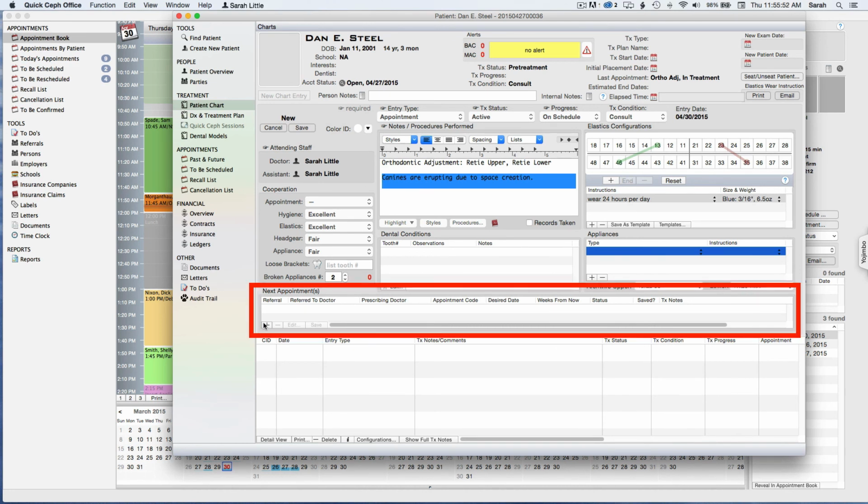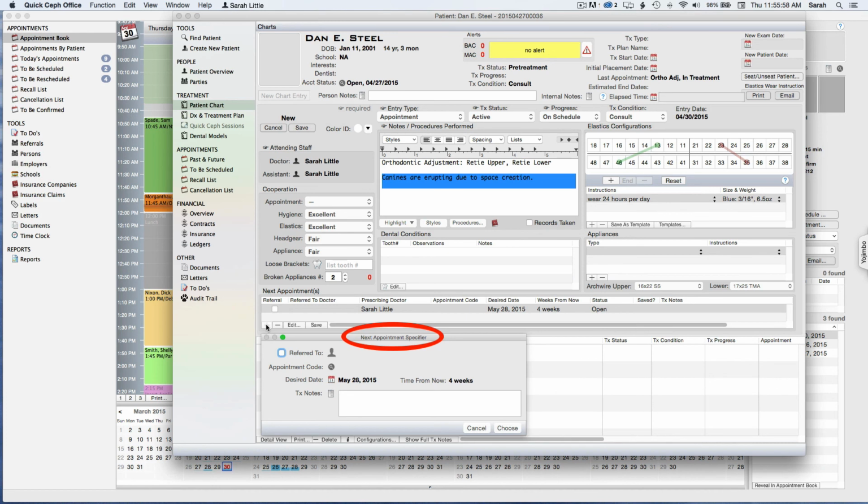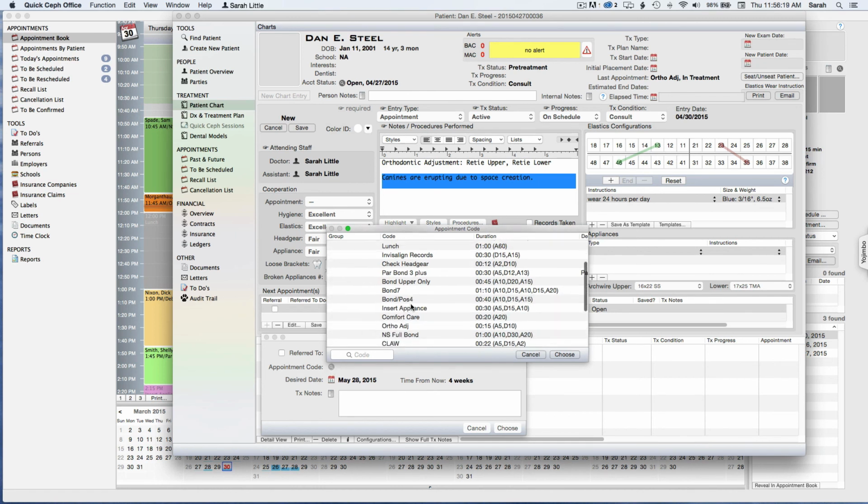Down here is where you will enter your next appointment. Click the plus button and you will open up the next appointment specifier. You will click in this box if you are referring the patient out to another doctor. In this case, we are not. We click the appointment code magnifying glass, which opens up our list of appointment codes. Select the code for the next appointment,